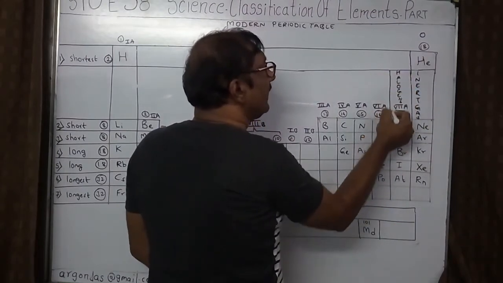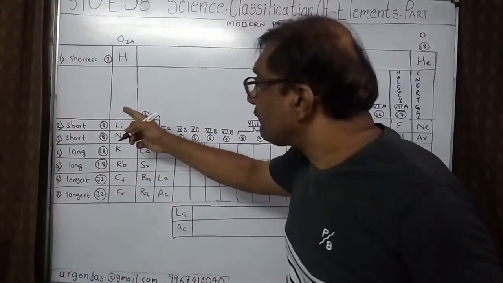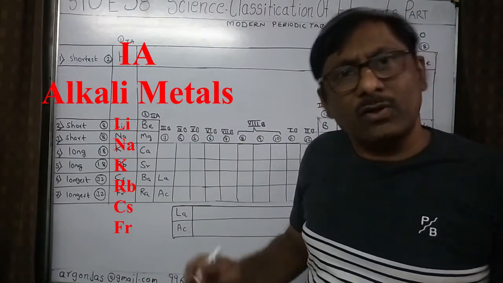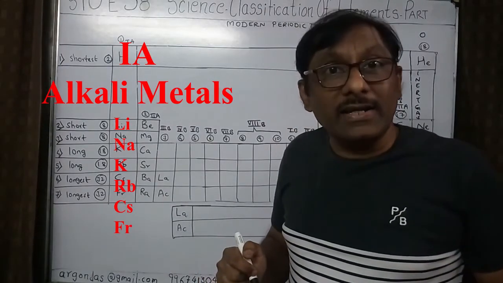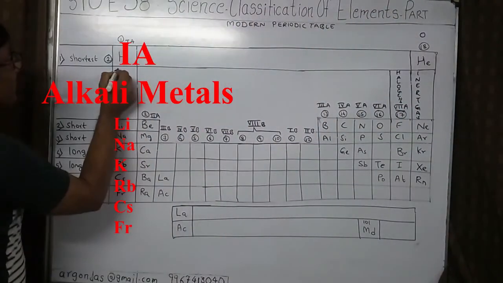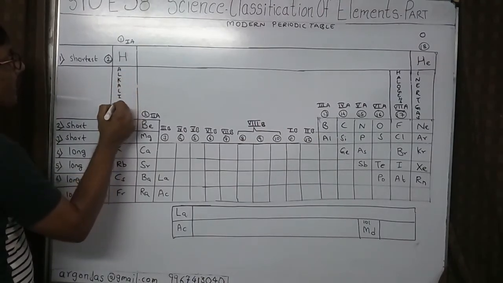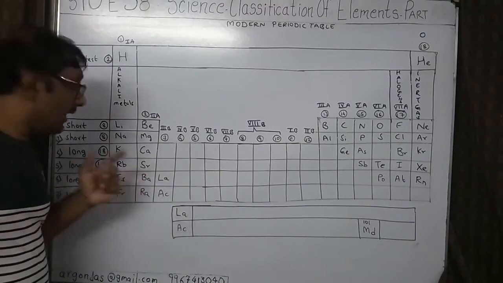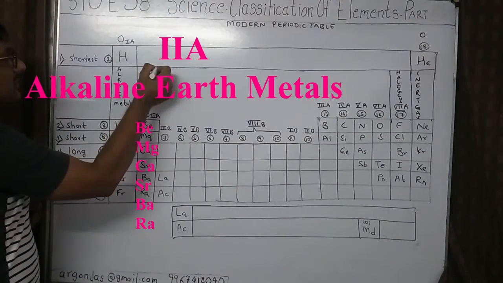Okay, I will complete this table as halogens. Coming over here, this first A, 1A, are alkali metals because they very easily form alkali. So they will be renamed as alkali metals. For example, sodium hydroxide, potassium hydroxide. So they form alkali. And the second A, that is 2A,